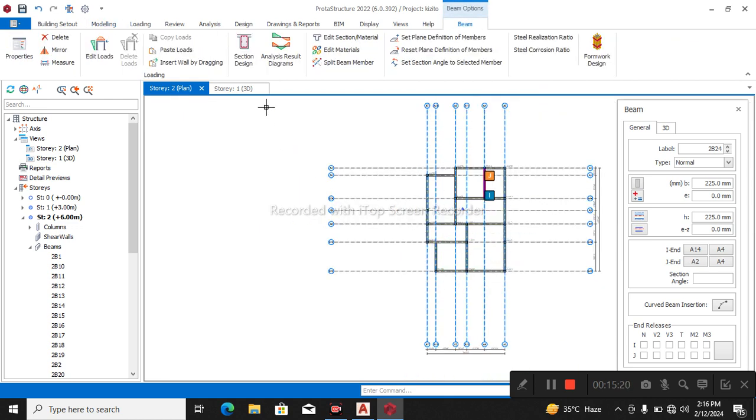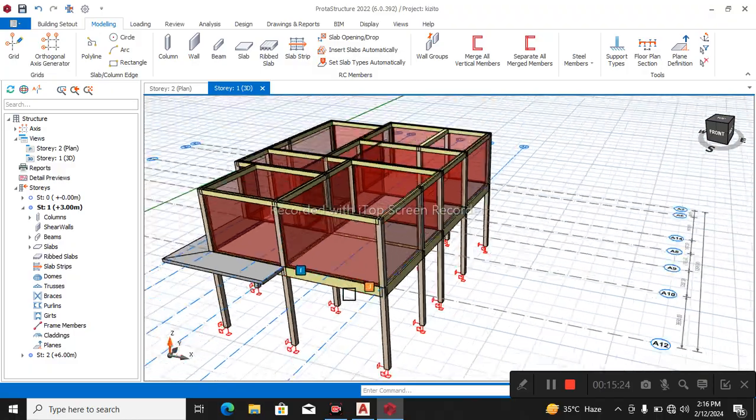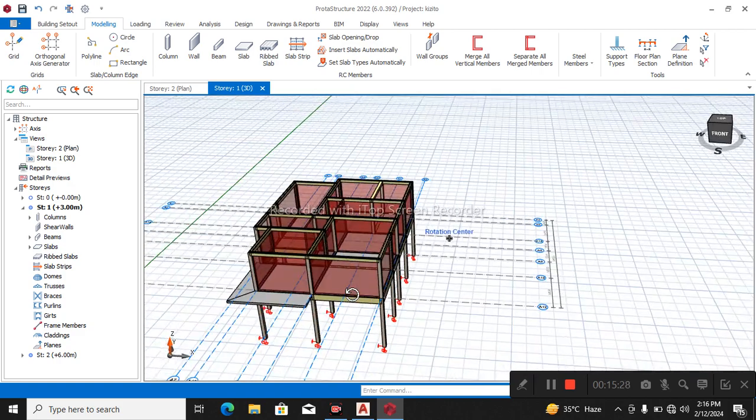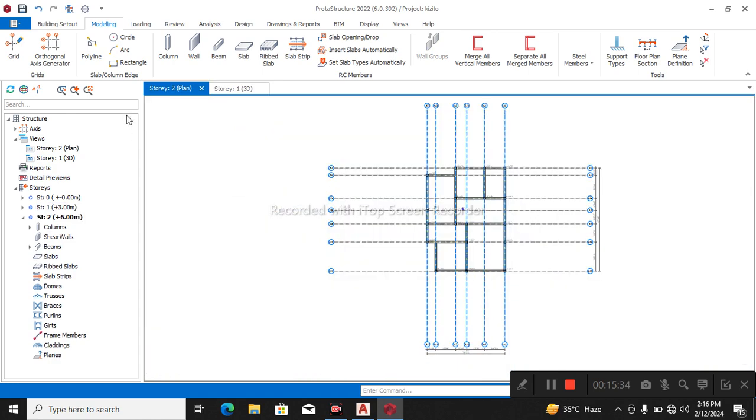So I'm done with the roof beam and just look at the 3D. As you can see, the roof beam is set. So what you now do next, you now go back to your plan. Go back to your